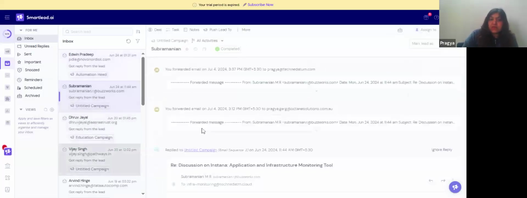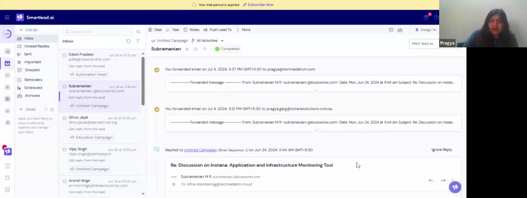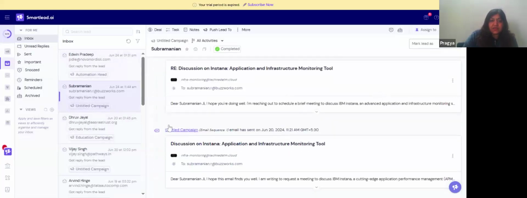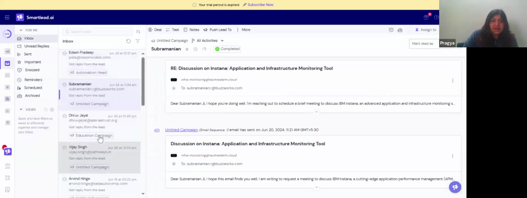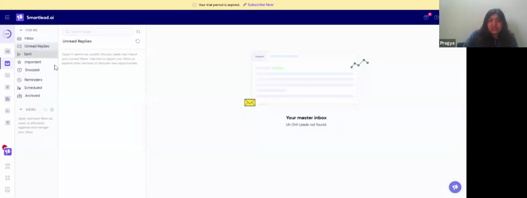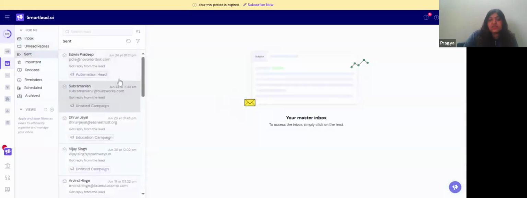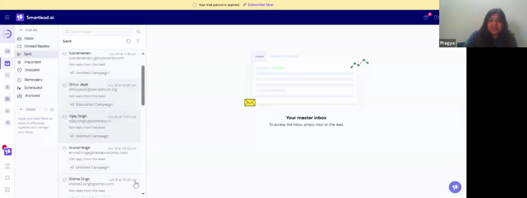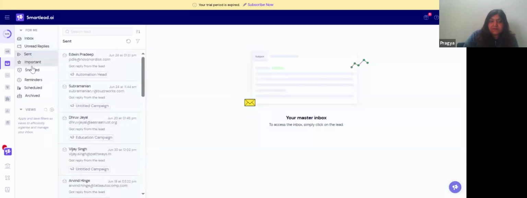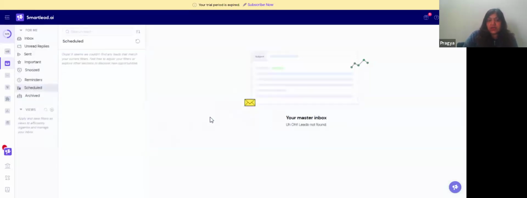These are some of the emails which actually worked out for me. So I had moved them to my main domain and my other emails. Similarly, you can go here and check out the unread emails. So this is a very simple tab. You can see the sent emails. If you have used this inbox to send any mails, like I had reached out to these people from the same email, usually I forward this to my main email, and then I start engaging from there, because ultimately, if it is qualified, it should go there, right? And that's pretty much it, on a very, very high level.